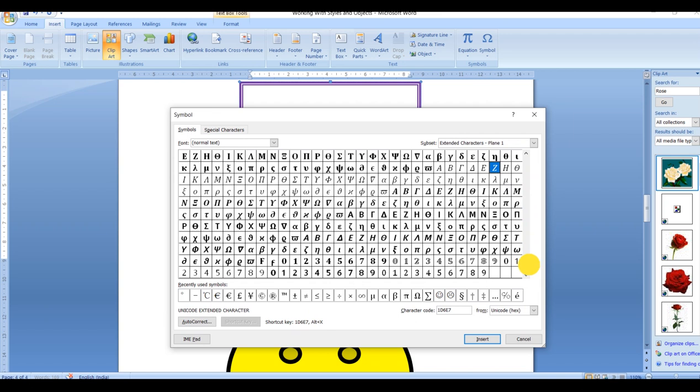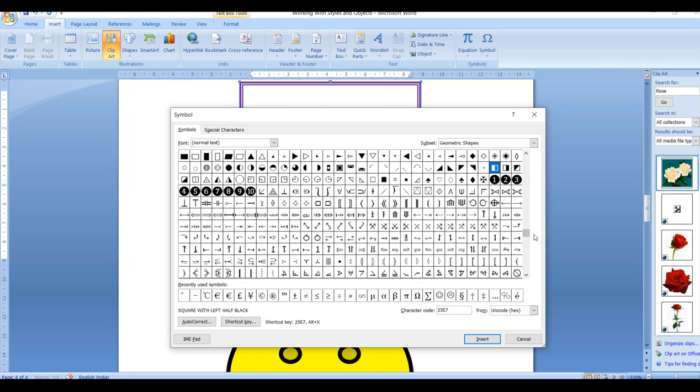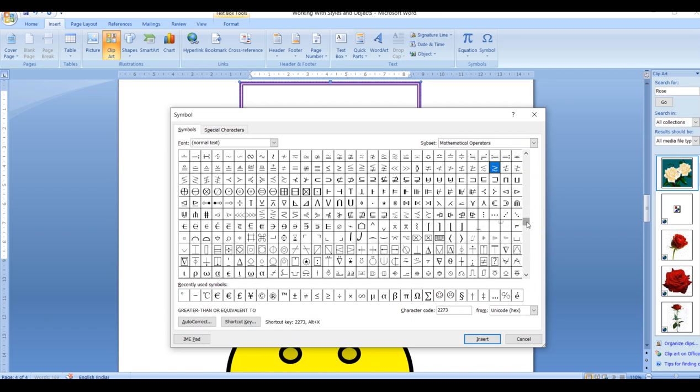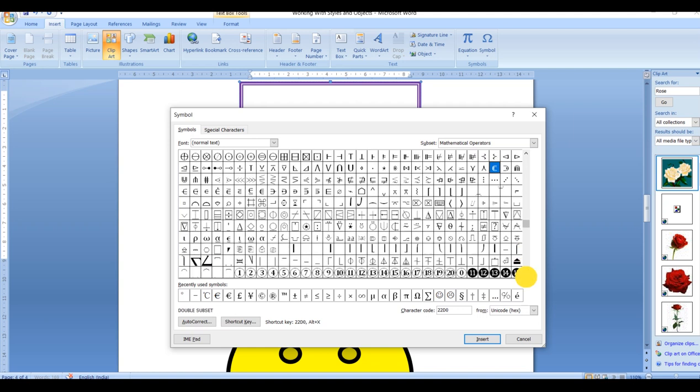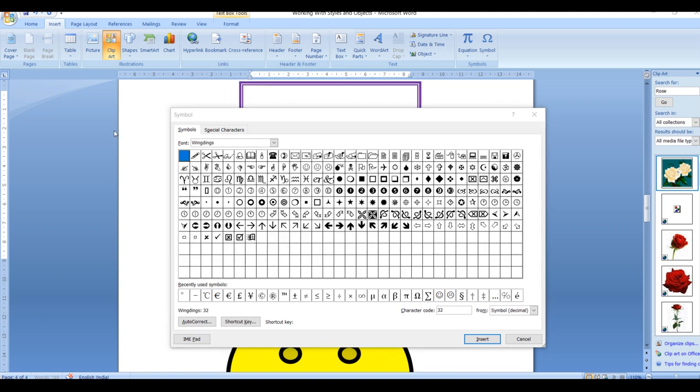Just now I said that I want a symbol of a telephone. So let us search the symbol of a telephone. I'm just checking what all fonts I'm having. So I'm going to go to Wingdings.